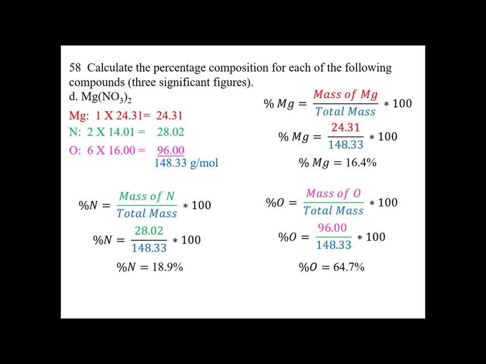Again, as a check, I want to add up my 3 percentages, 16.4, 18.9, and 64.7, and I get 100, so that means that each one is correct. So that's your check. And that is the end of this